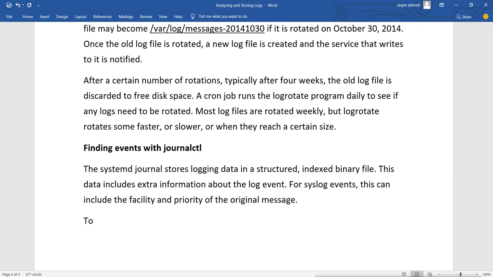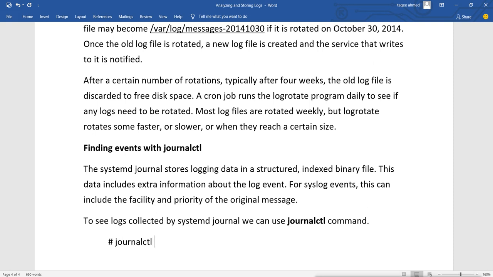To see logs collected by systemd-journald, we can use the journalctl command.